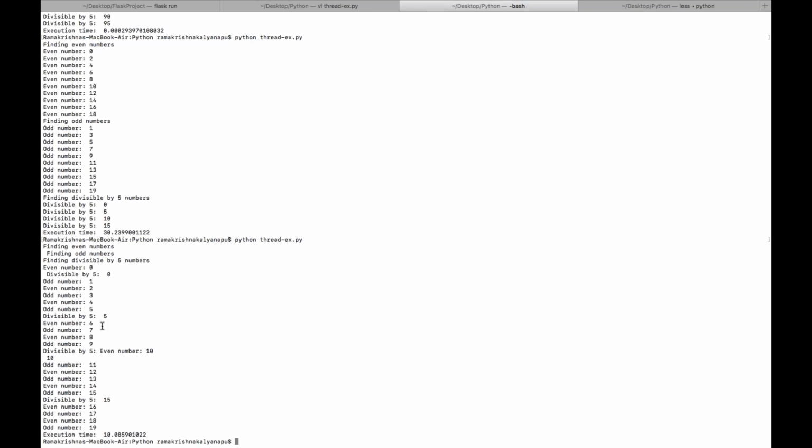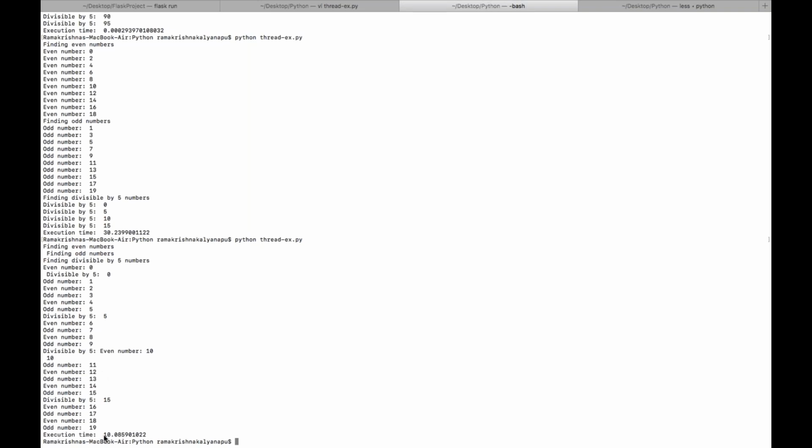So we have a functionality, right? So we want to display, we want to find the numbers between 0 to 20, so which are the even numbers and which are the odd numbers. So you can see here, so odd numbers 1 and even numbers 2 and something like that. So it is working. So all these functions are completed, and end of the day, at the end of that script,